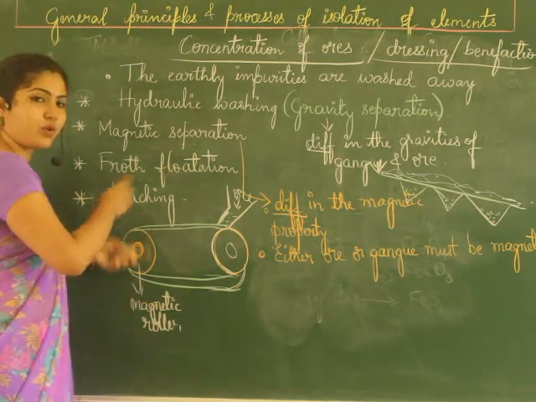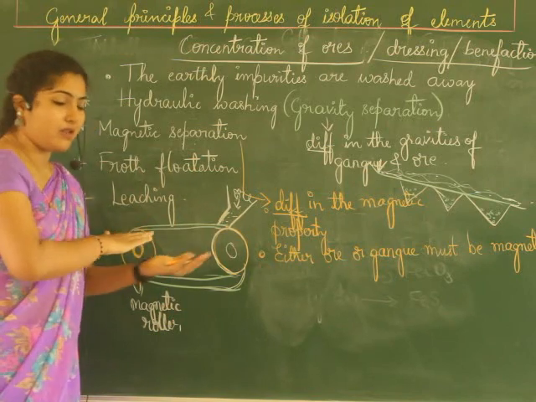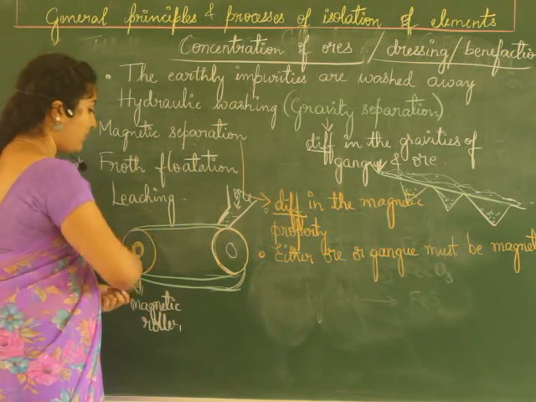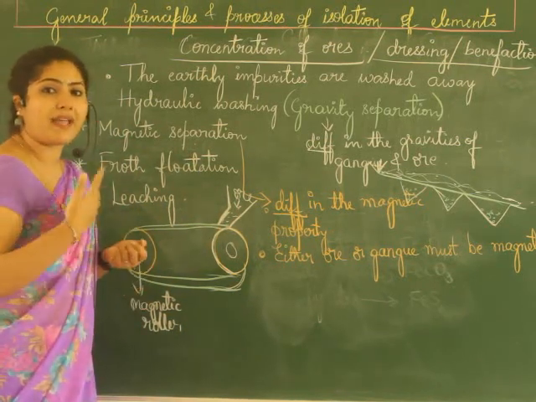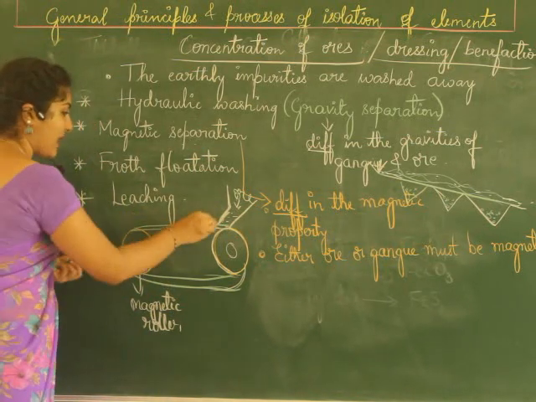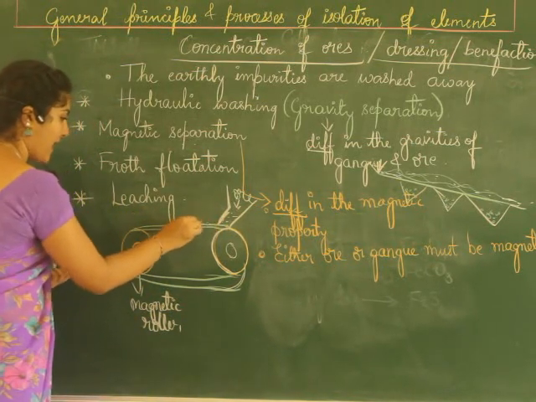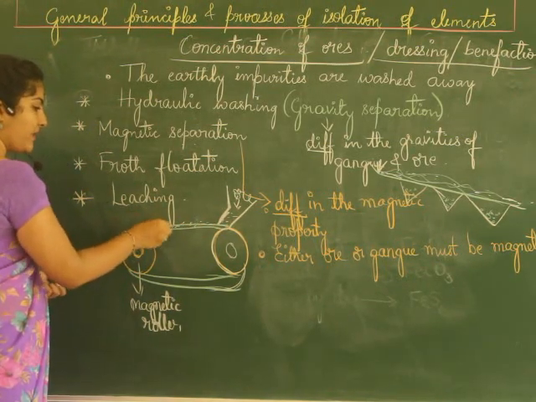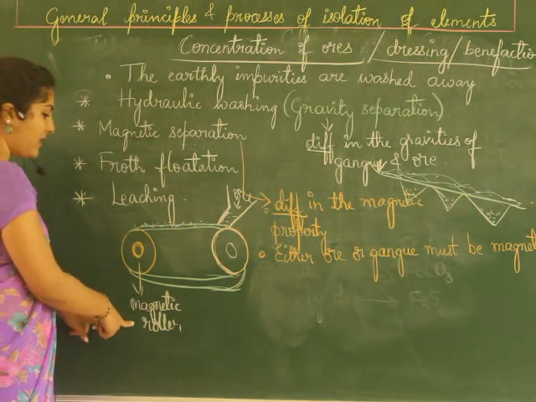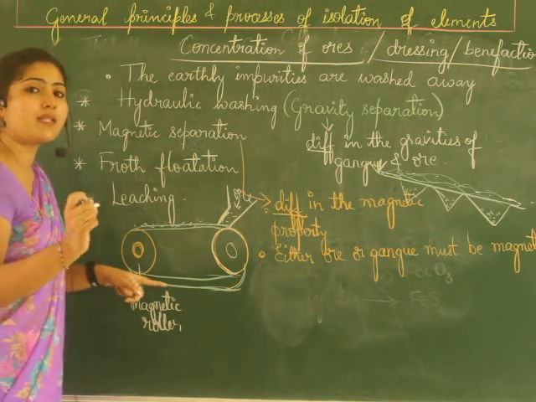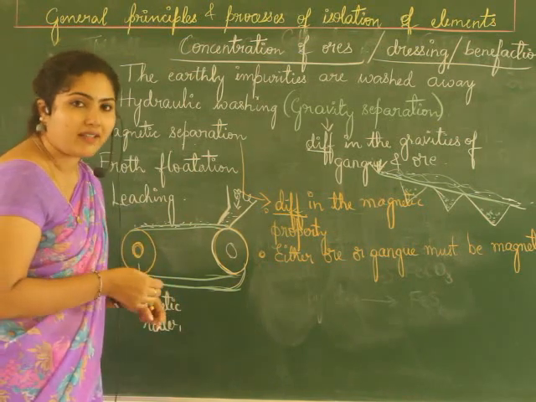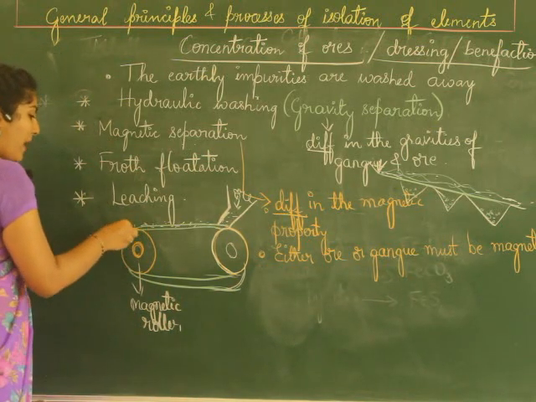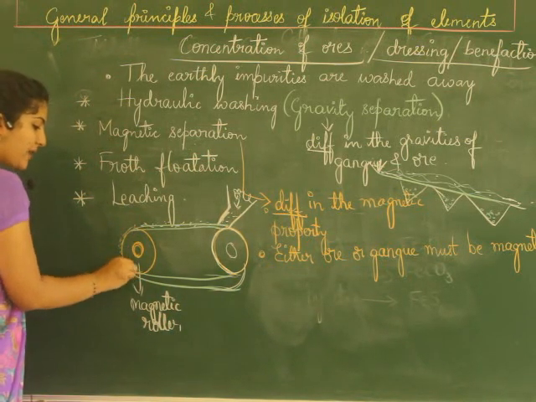Now the wheel starts rotating. What is happening? There is a belt here, which is rotating over this particular magnetic roller. Now the particles you have added start moving as the belt is moving. The ore particles also start moving. Now at this point, what is the nature? Here it is a magnetic one. So say now you have taken iron ore. Iron is attracted by magnet. So when it passes, the ore particles will be attracted by the magnet. They don't get separated.